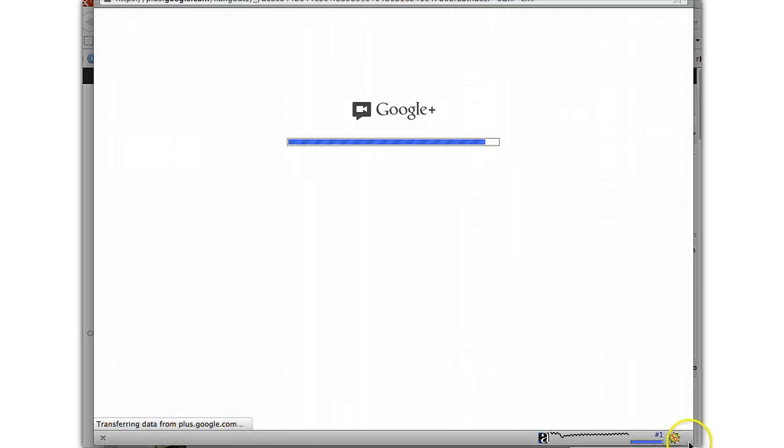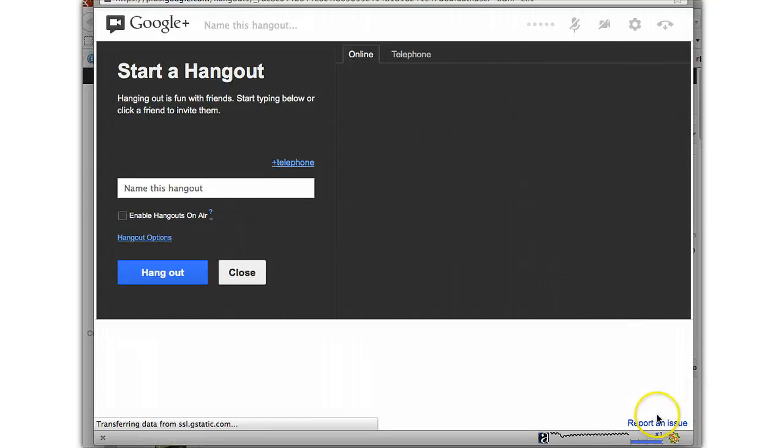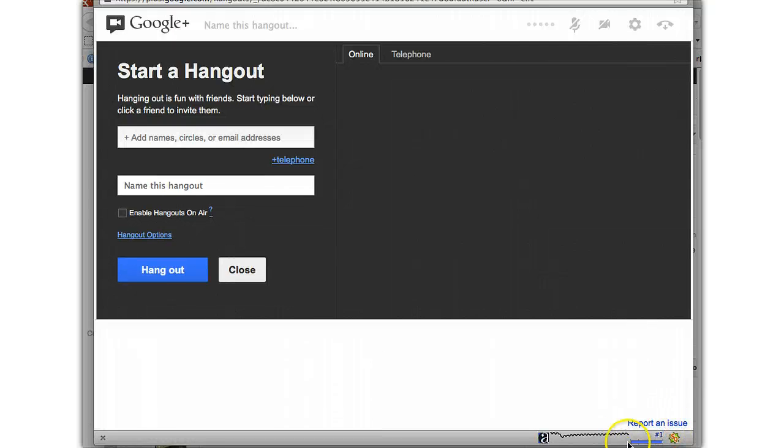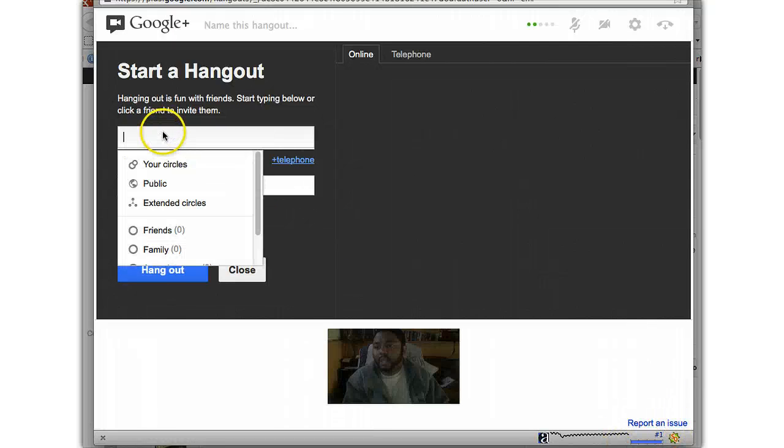It's gonna populate the Hangout window, and this is kind of huge because I've got a pretty big screen, but I'm gonna try to bring it in focus so you can see everything that I'm seeing. Just wait for this to populate. As you can see, Google is like the #1 website in the world, and this is the extension tool for that. So boom, we're in the Hangout.